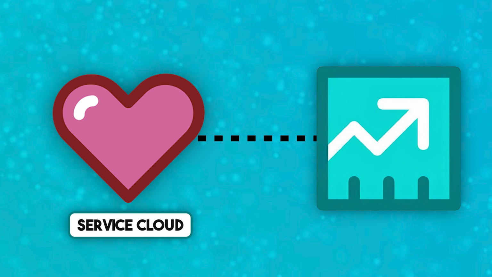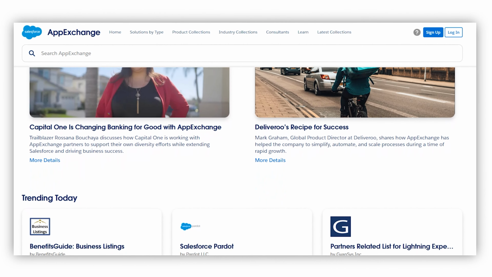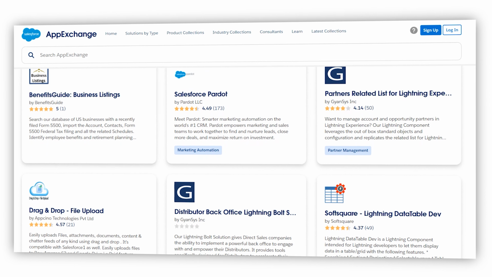Cloud for customer service. You can also extend Sales Cloud through products from the Salesforce App Exchange and with your own custom processes, code, and components to meet your